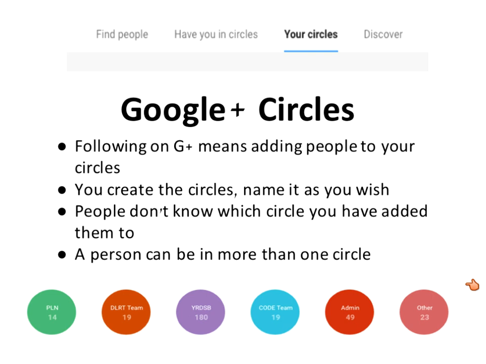The reason why you have circles is you can send messages out to particular circles. You don't have to send it to everybody. Or you can send a message to all. So let's say you're looking to connect with someone or you found a resource that you want to share with others, then I suggest to share it with all and make it public. Because with building your personal learning network, the only way to do that is to be public. You want all of your stuff public. I know that makes some people feel uncomfortable, but even on your public profile, you can decide how much about yourself you're going to share.